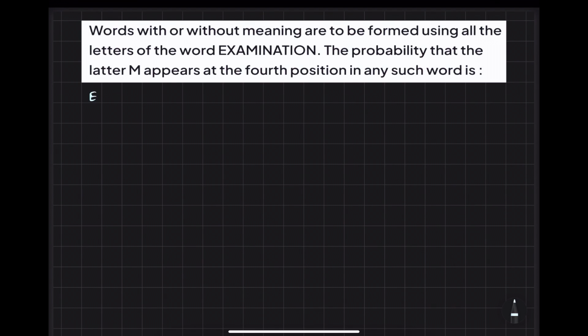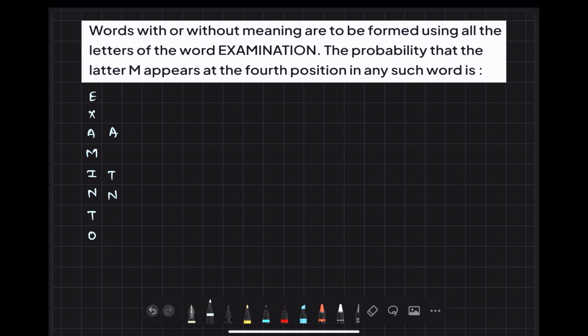So we have E, X, A, M, I, N, A, T, I, O, N. So this many letters are available. Now they are saying that